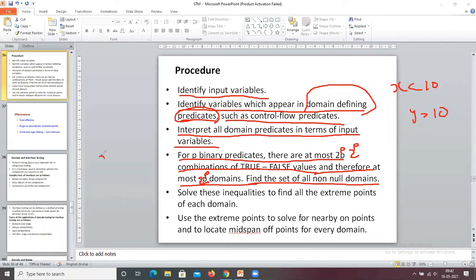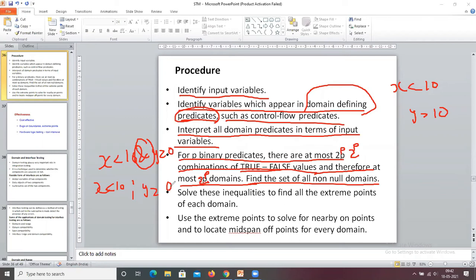That means, x less than 10 and y greater than 0, or x less than 10 or y greater than 0. So if you are using logical operators, then for p binary predicates you get 2 power p combinations of true or false values.